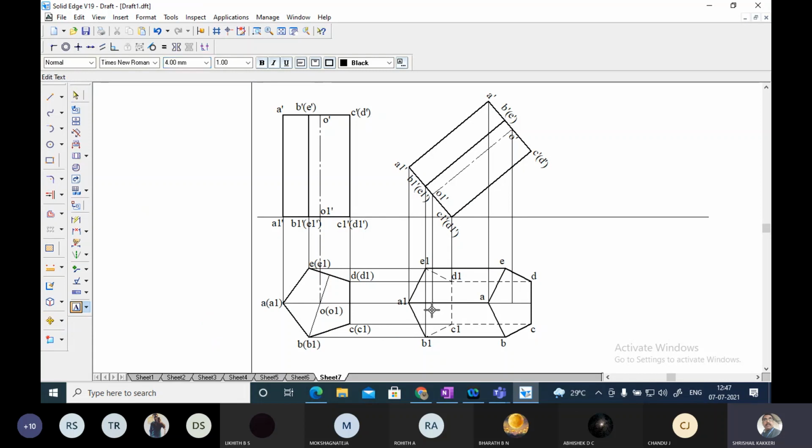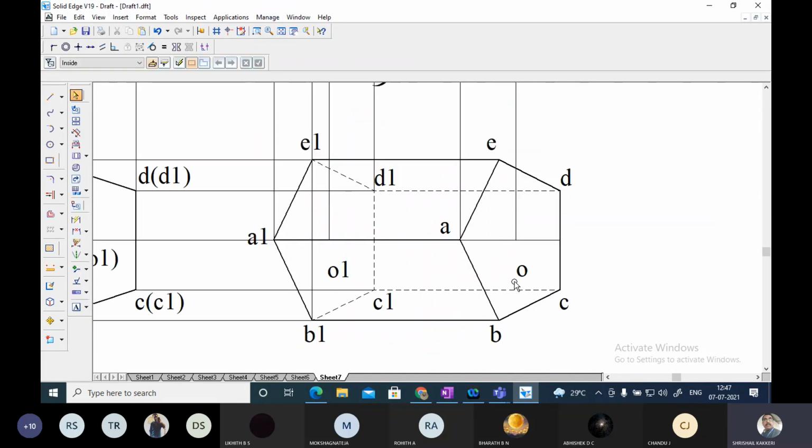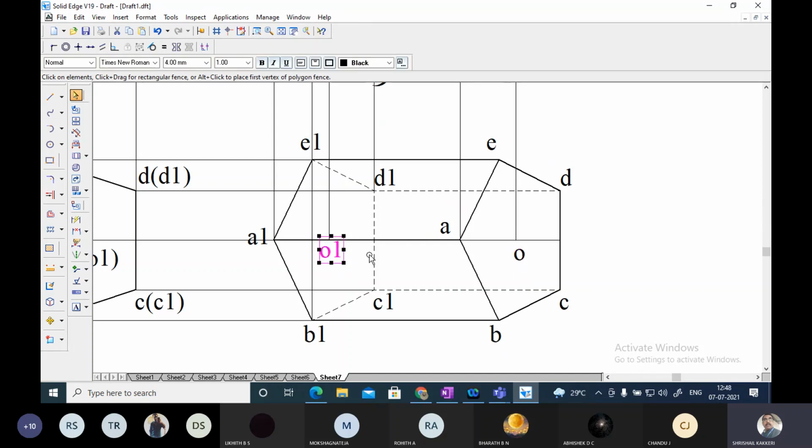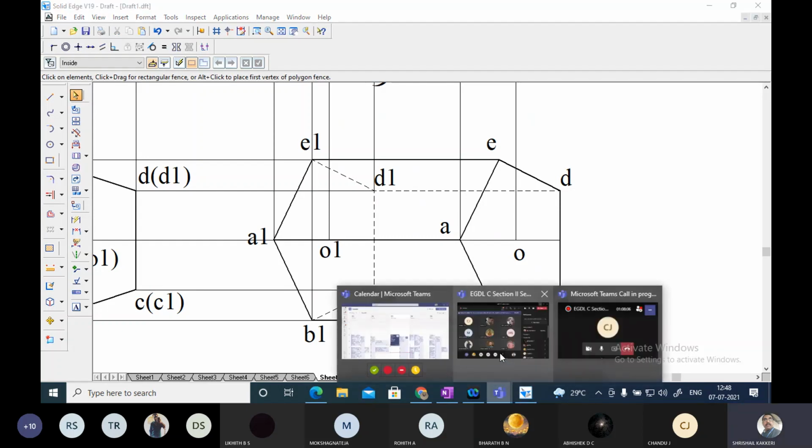It is O1 and it is O. And if you want, you can keep them neatly, because again you are going to copy it for the next step.